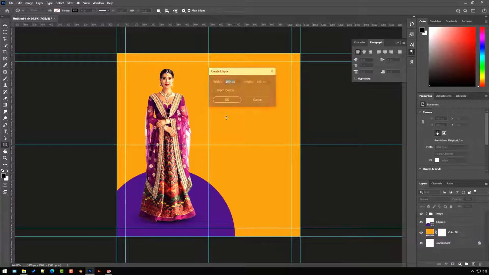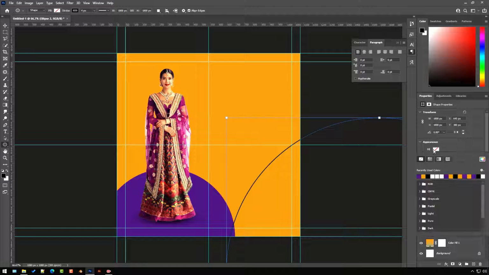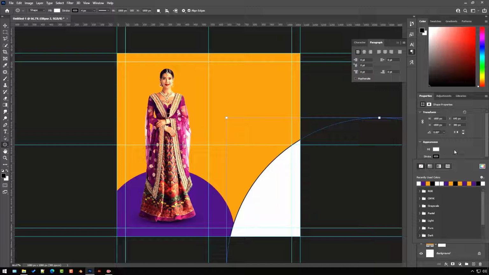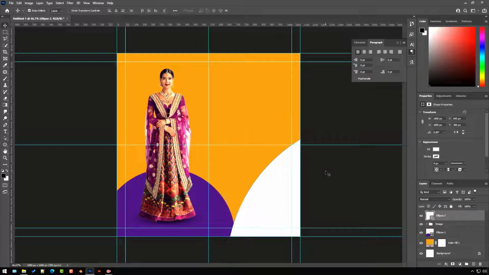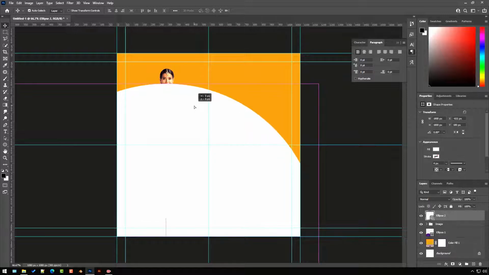Similarly, we will create another circle of size 1800 by 1800 pixels. Position that behind the image.